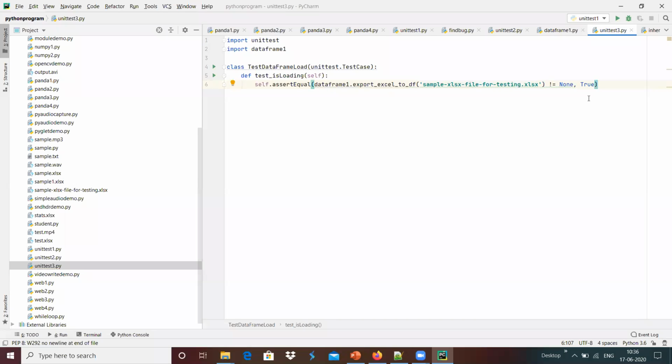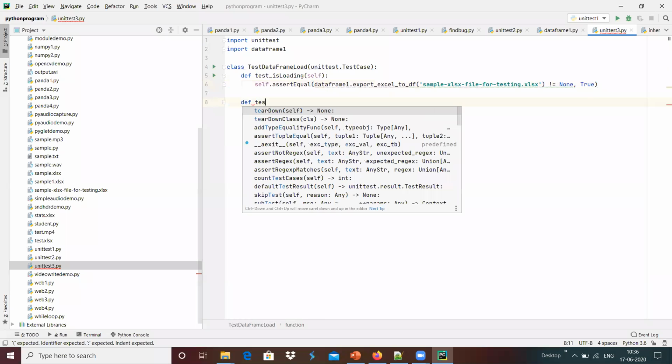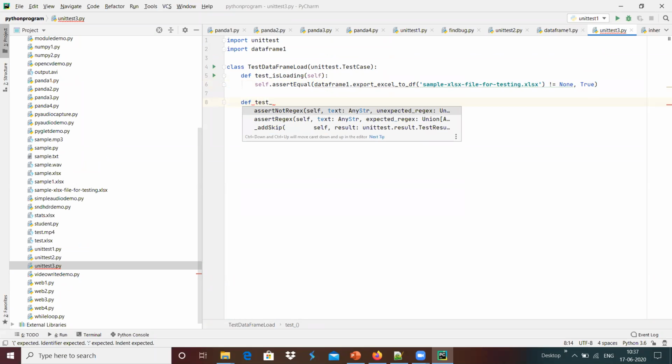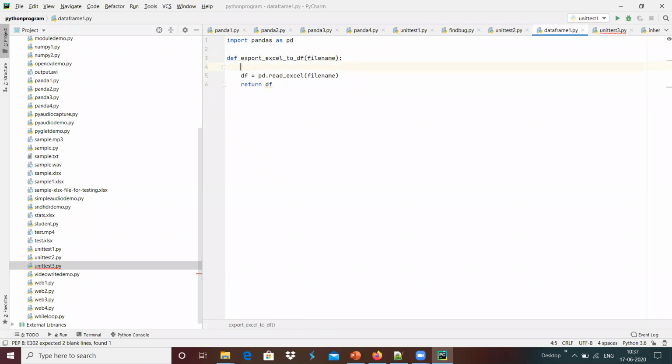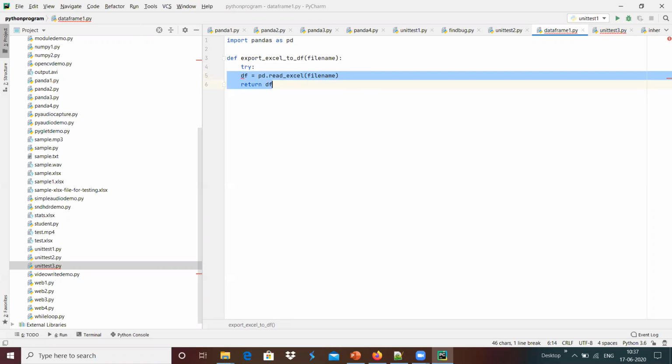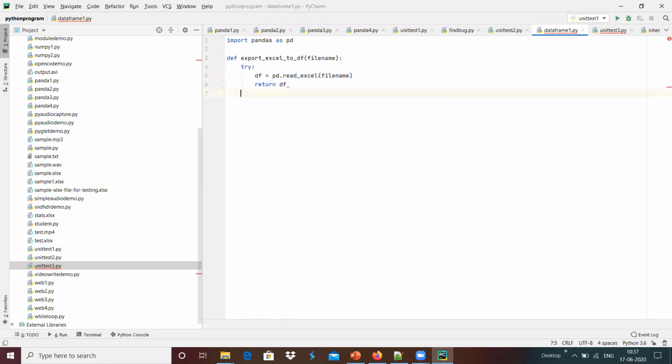It should not be none over here. Maybe in some cases I wanted to handle the error cases, so I'm going to do try, and we have the option to handle the exception with except Exception, and in case of exception I'm going to return none over here.